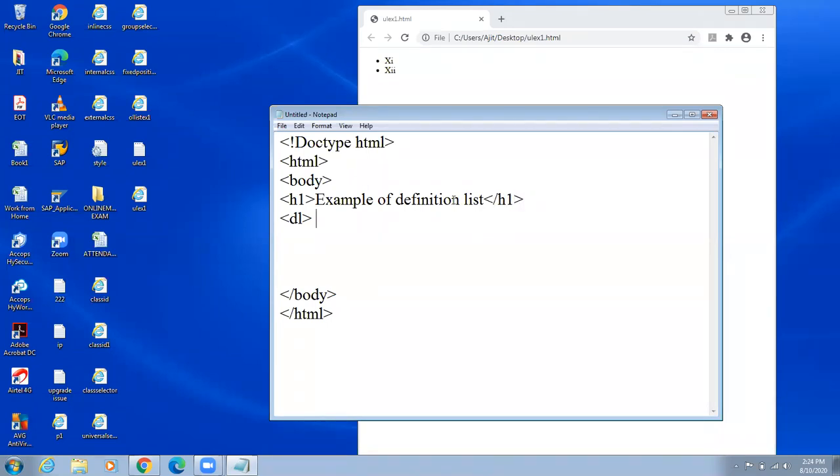Definition list start, then definition term. My definition term is web. Definition term closed by /dt.